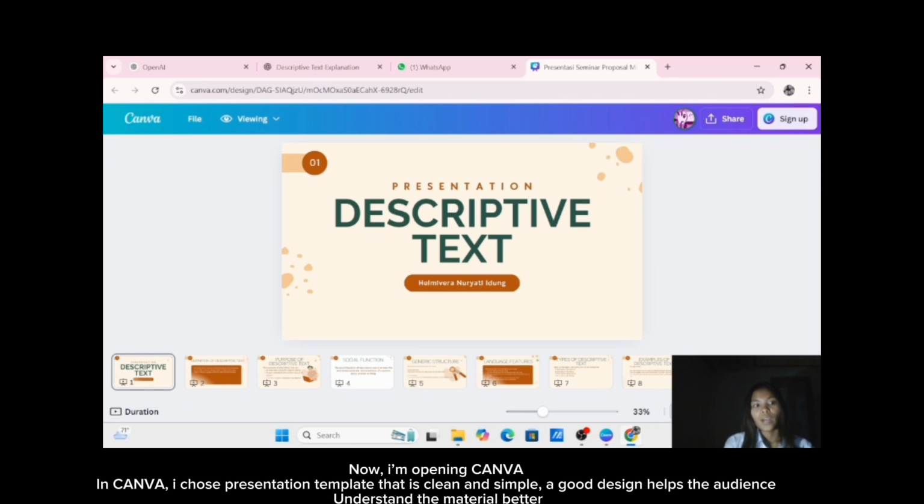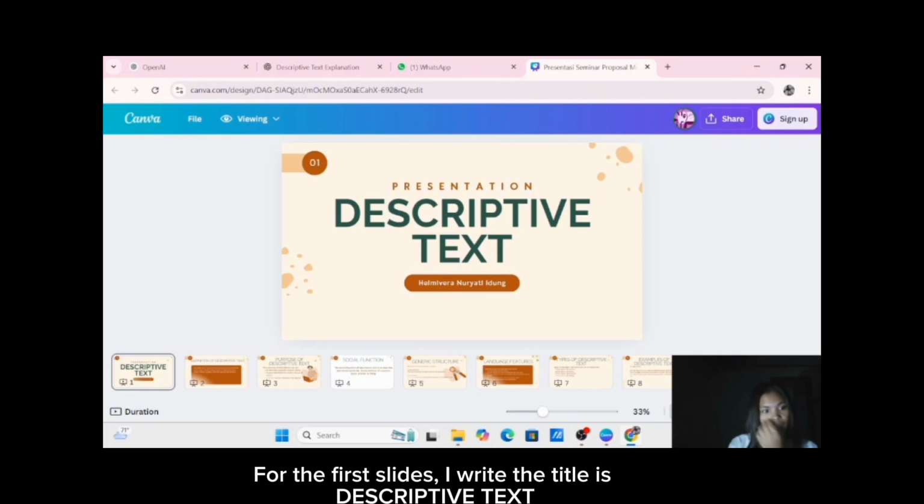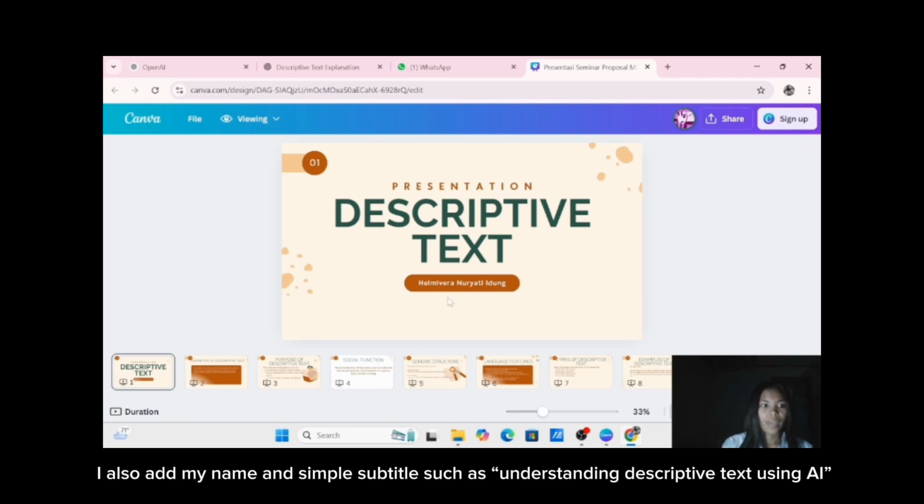Now I'm opening Canva. In Canva, I choose presentations, a template that is clean and simple. A good design helps the audience understand the material. After choosing the template, I start creating the slides one by one. For the first slide, I write the title as descriptive text. So I also add my name and a simple subtitle